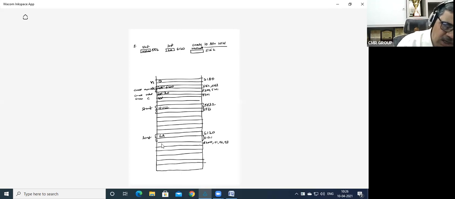Actually, this was a garbage value. This is overwritten with 20, and the next garbage address which was there is overwritten with, can you see, new node arrow PTR is equal to null. We have done null, right? So what is happening now here? The data part is being assigned and null. I'll say second step.